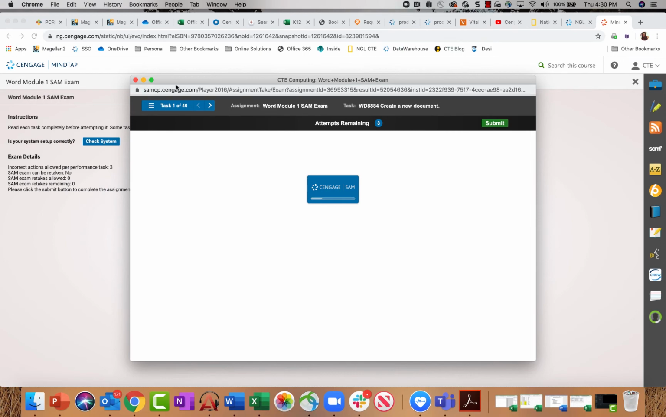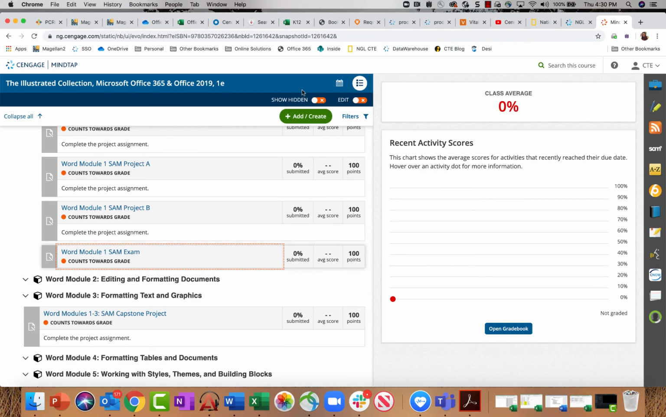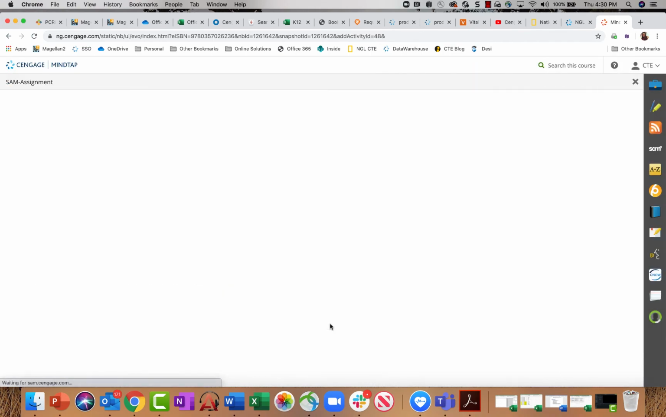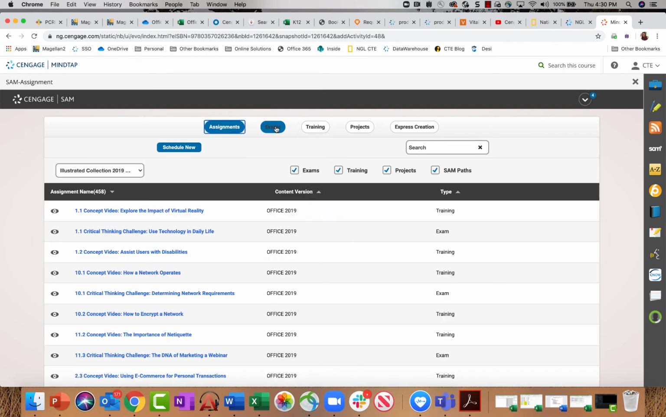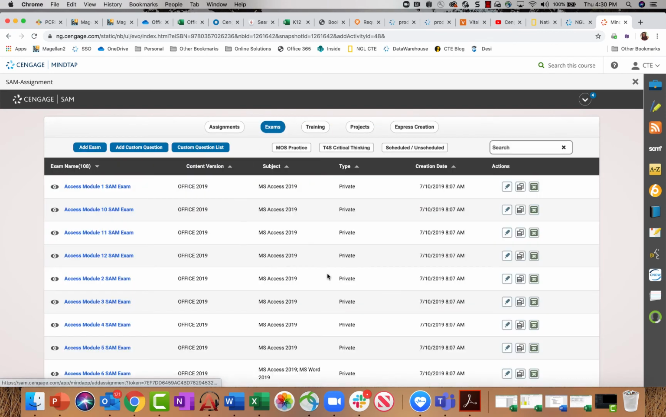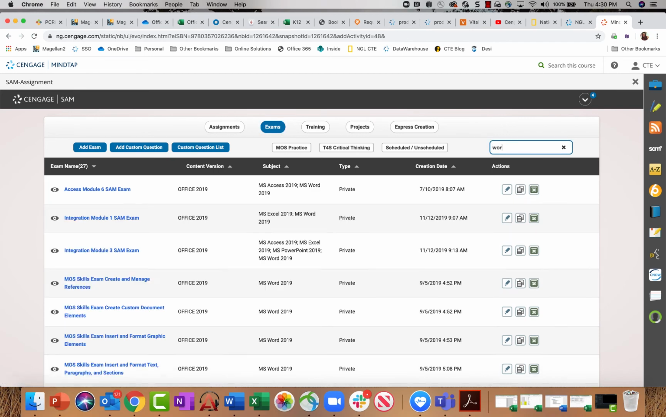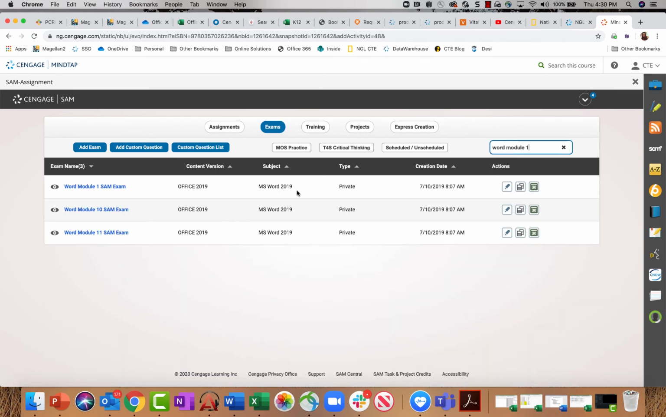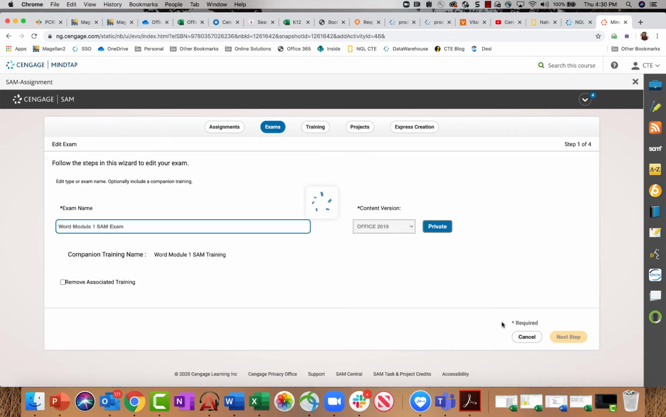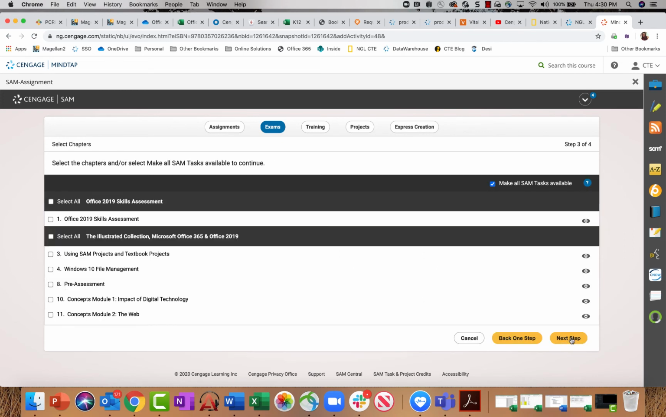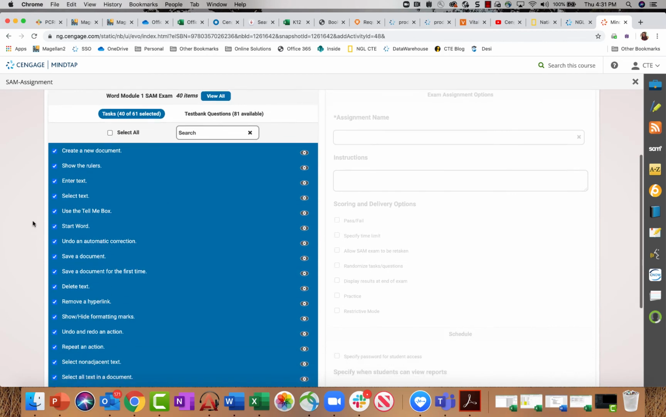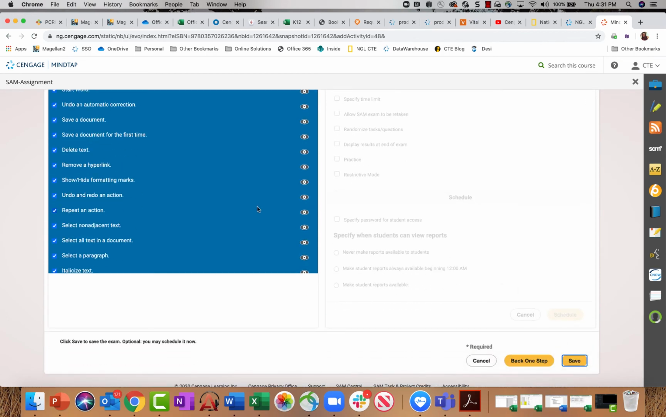So the trick is when you go in here, and I just want to reiterate this, I might have already answered your questions, but the trick is when you are in this Add, Create SAM activity, and when you are in an assignment, whether it's a training exam or project, and you've clicked that Edit button, to make some edits, it's going to walk you through that wizard, but the whole deal is that once you go through here, because this is something that already exists in my course,